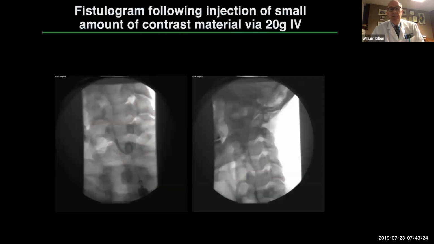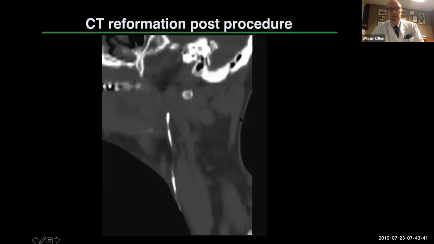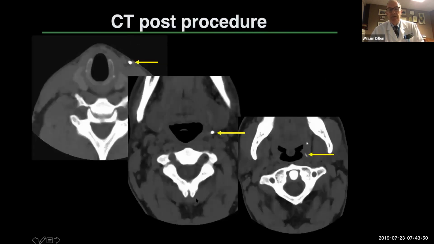Okay, so here's an example of a fistulogram. This was a young man who had a little draining sinus in the anterior portion of his neck, and I'm injecting that just to show that this is a tract that goes all the way up, and he tasted contrast, so it went up to his pharynx. And here's the CT scan following the procedure, and you can see there's contrast in this sagittal reformatted image just in front of the sternocleidomastoid muscle. And here is its location in the cross section, just in front of the sternocleidomastoid, coming up near the pharyngeal tonsil